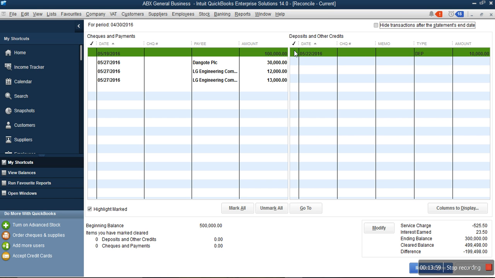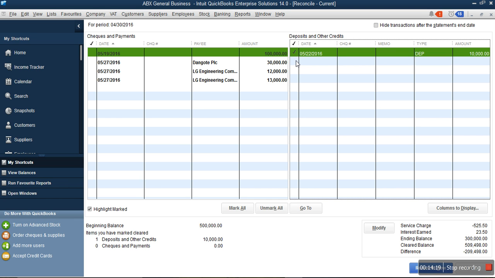If that credit transfer into your account is in QuickBooks, you mark this section. Anytime you mark sections like this, you're telling QuickBooks that yes, this figure is in QuickBooks and it's also in the bank statement. Now let's assume that there is a transfer of money into our bank account that we're